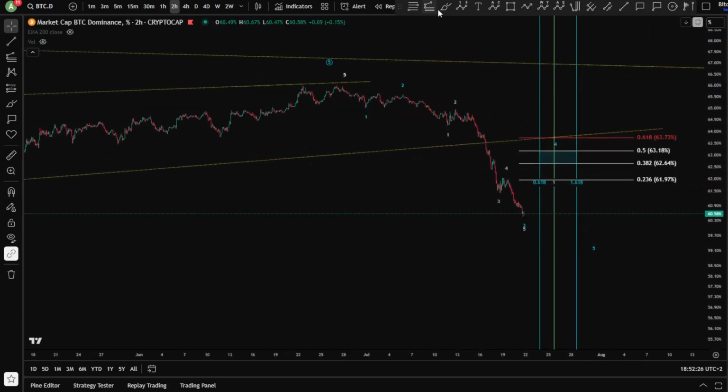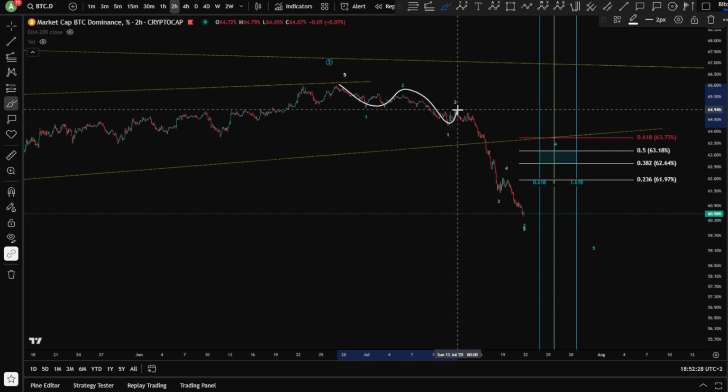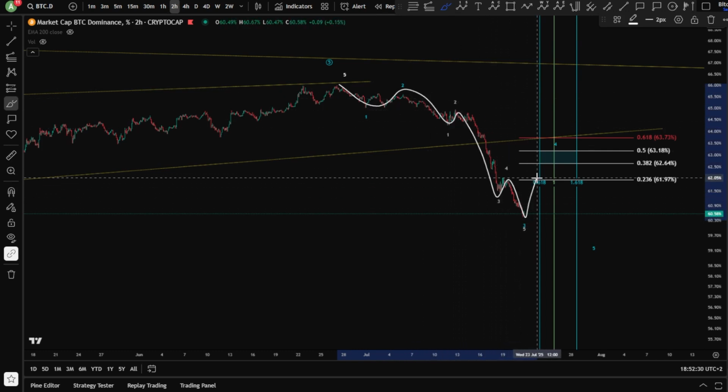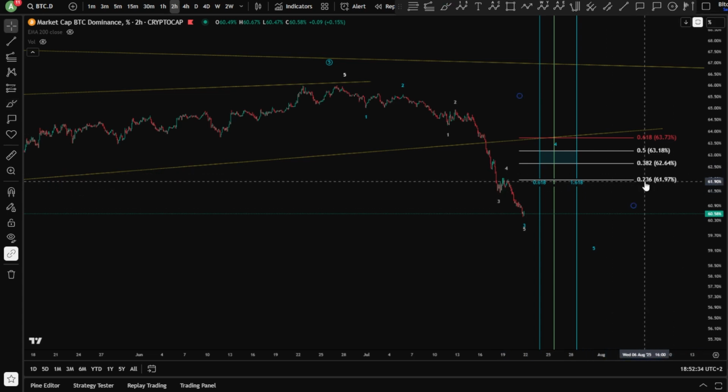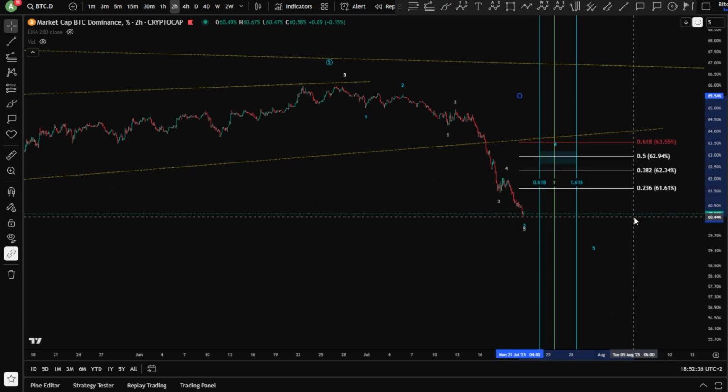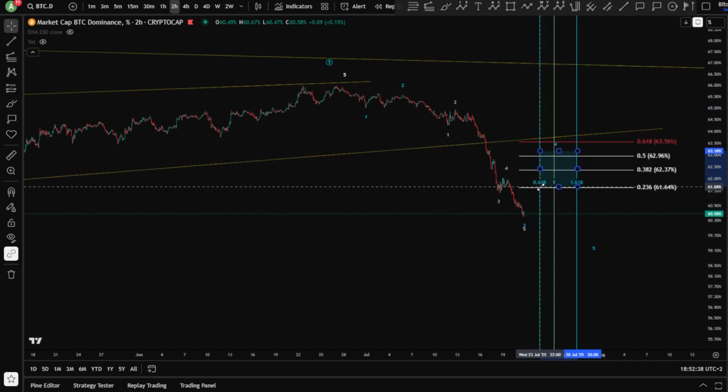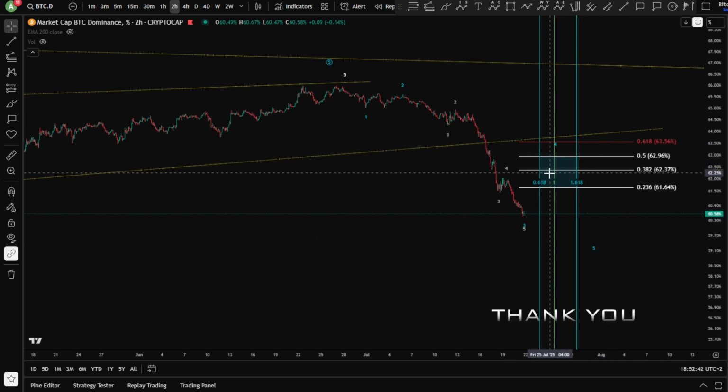And that's because, of course, you have double 1 2 here. 1 2 1 2 3 4 and 5. I'm expecting at least to come back to the previous wave 4, which is a 0.23, probably here even less. Yeah, so here we go. Probably this blue zone is very likely to come back for it.